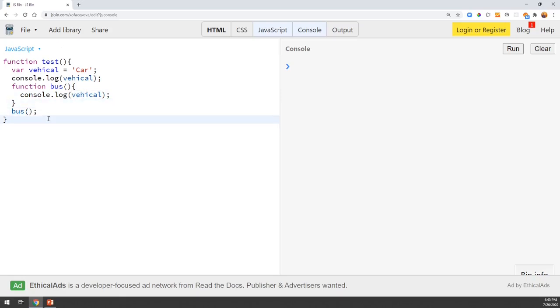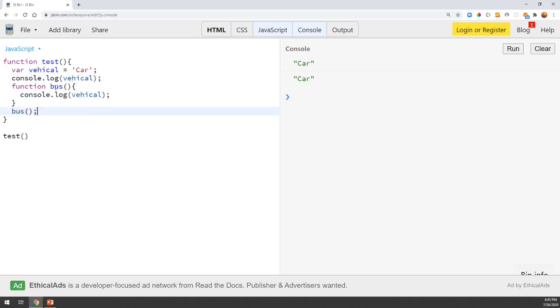So let's execute this test function here and see what the output is. We can see on the console 2 times car. First is the console.log vehicle, and again under bus we have this console.log vehicle.